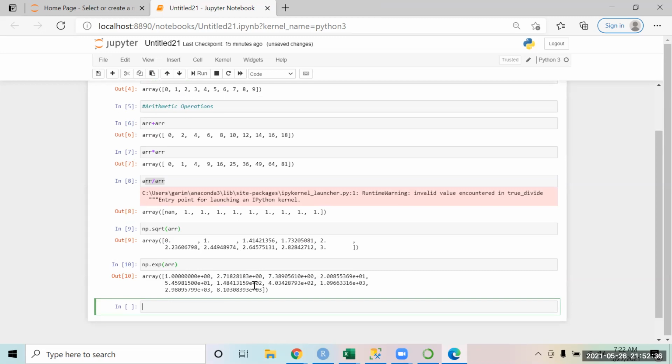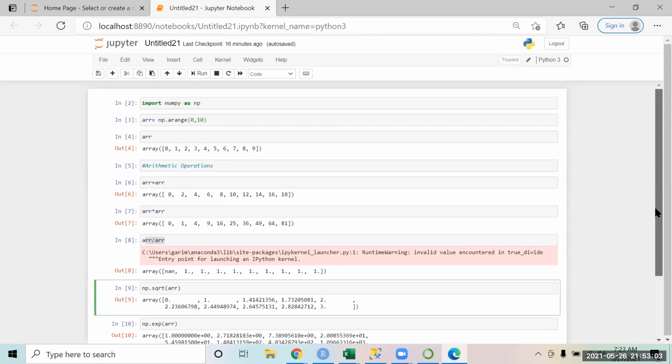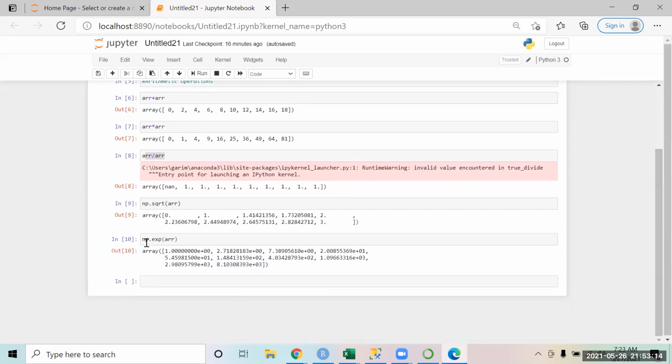Amit, why do we have to use np dot sqrt, np dot exp? This is because these are functions of the NumPy library. Similar functions can be available in the base package also, and if they're available there, it is going to use that function. But if you have to explicitly use any function from the NumPy library, everywhere you have to write np. Like above, when I was using arange, I had to give the name of my library, the package, that is NumPy. Everywhere I use any function of this library, I'll have to write np.